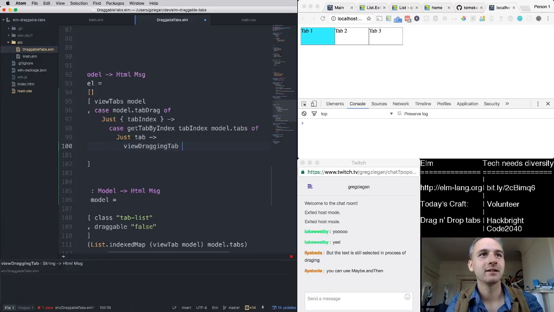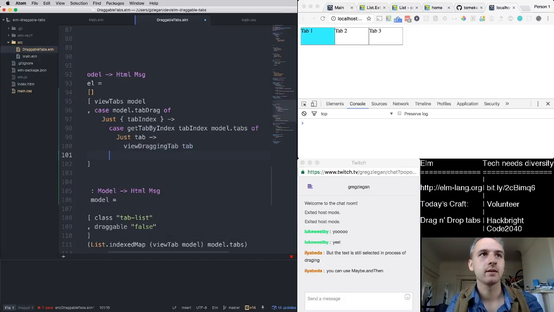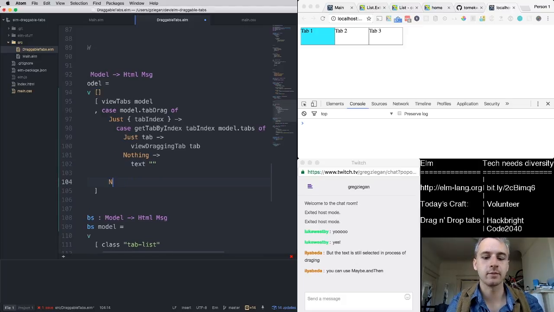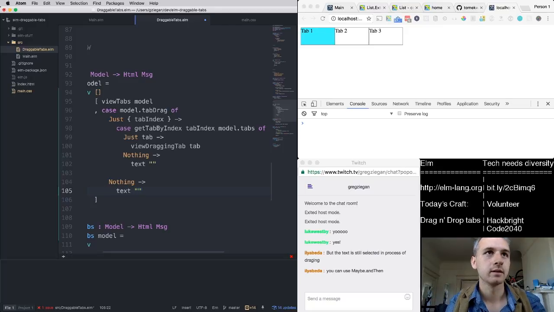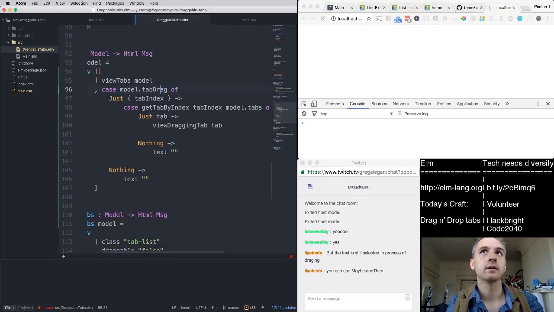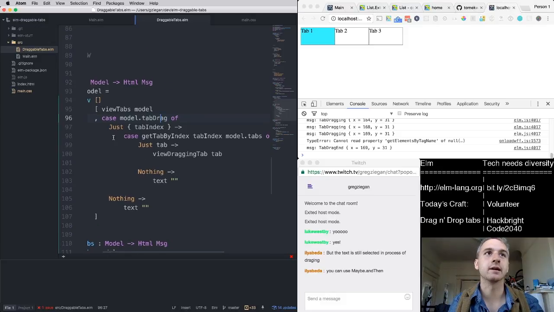So view dragging tab, and we'll pass it our tab, and then in the case of nothing, we'll just display an empty text node, and the same with this. For nothing, we'll display an empty text node. So yeah, now it shows up. We should definitely clean this up and turn this into something